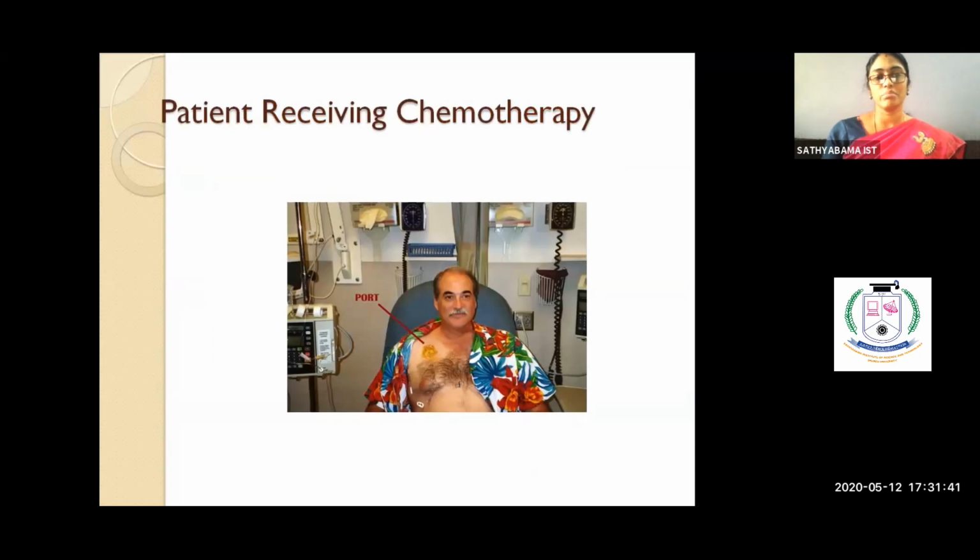So this is just a picture of a person who is undergoing chemotherapy. So you have a port. Same way we had for dialysis, there will be a port which will be given. Through the port, they'll be sending in the chemo. So you'll be there for a period of time. It's not like you just get a shot or an injection and then go home. That doesn't actually happen, right? So you'll be there for the treatment. That entire thing has to go into your body. Then you'll have to wait, it will be very tiring. So you'll have to overcome that.